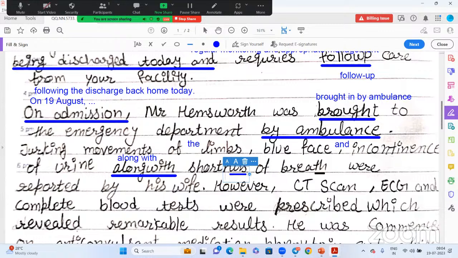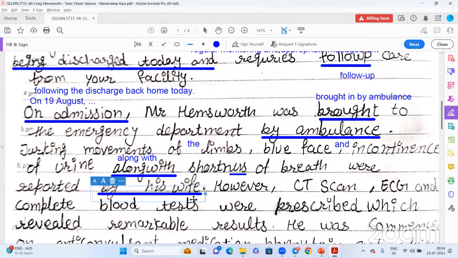Shortness of breath were reported by his wife. Who reports, we don't need to know, that is not important. They were reported, that's enough. Whether his wife reported, or the passers-by, or the assistants, or somebody else, we don't mind, that is not needed. However,